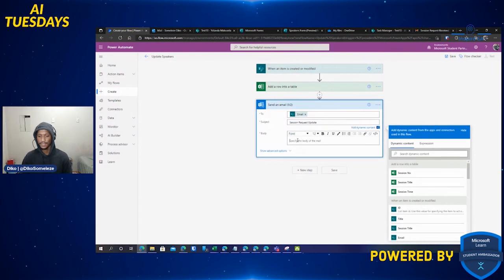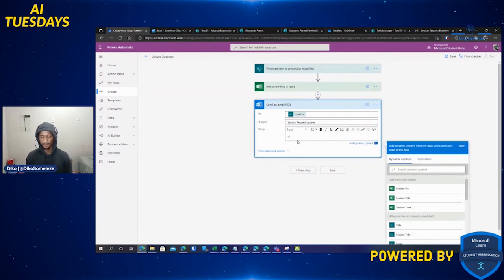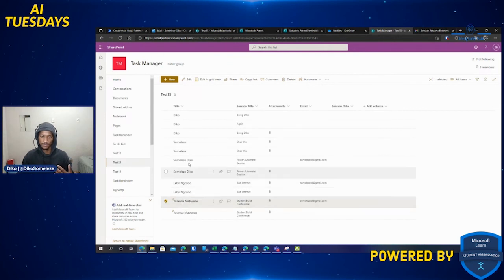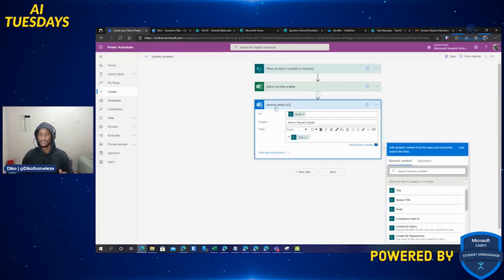update. And then we will say, hi, again, we want to be very friendly to our new speaker. So this time there's no form response, so we'll just use the columns in SharePoint. So we click on title. Title is the column that is currently in our list storing the names. You can have a different list, a different column storing the names. So hi,